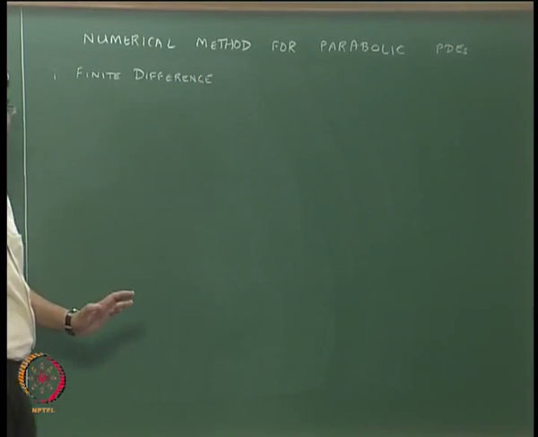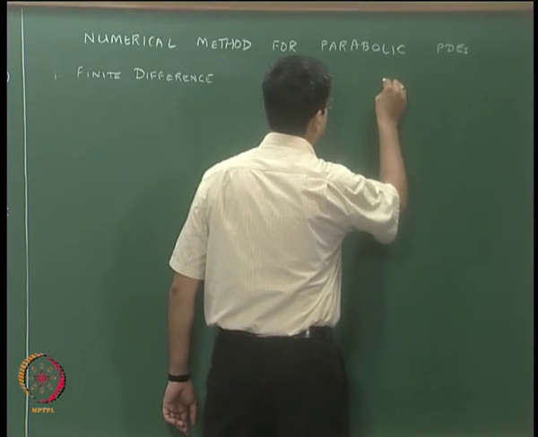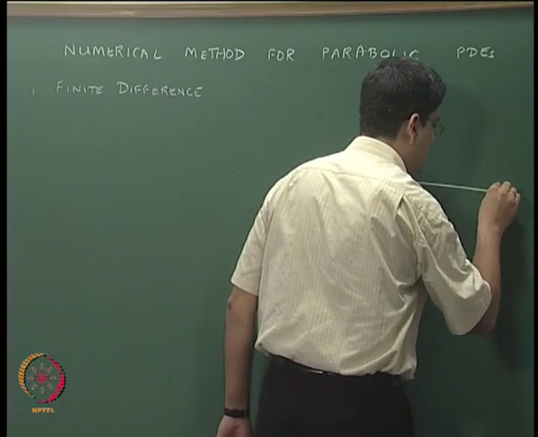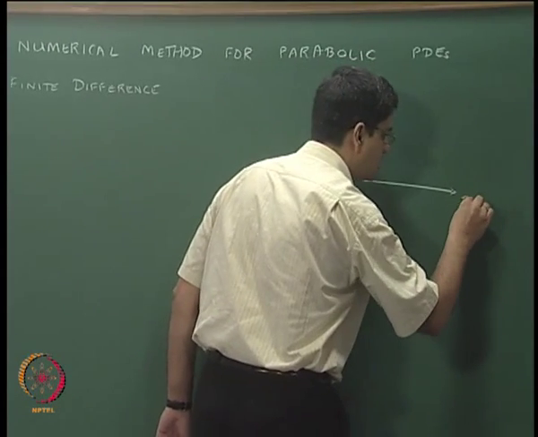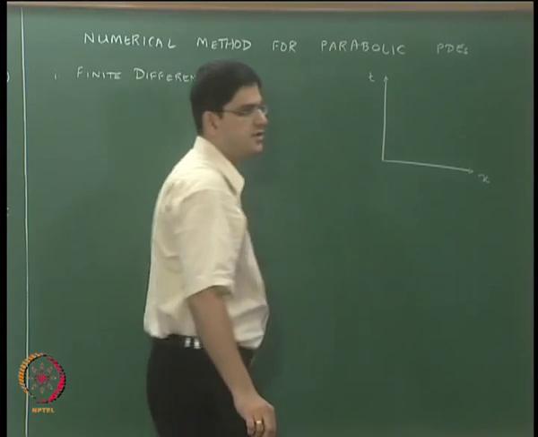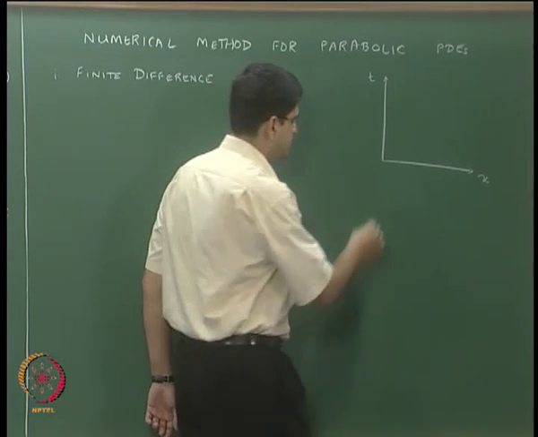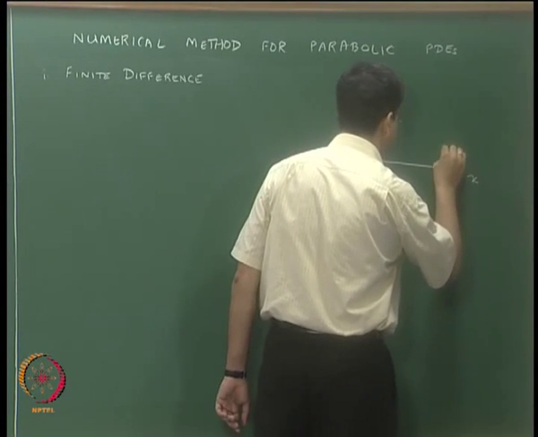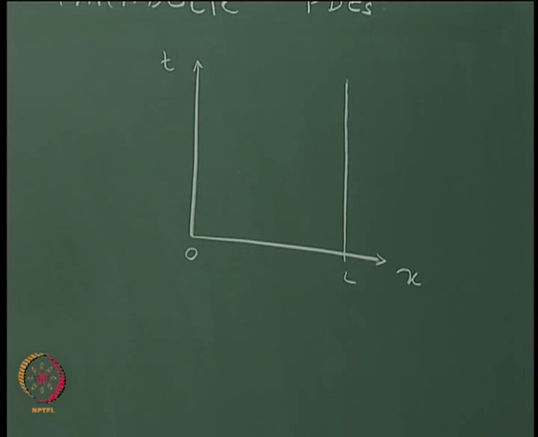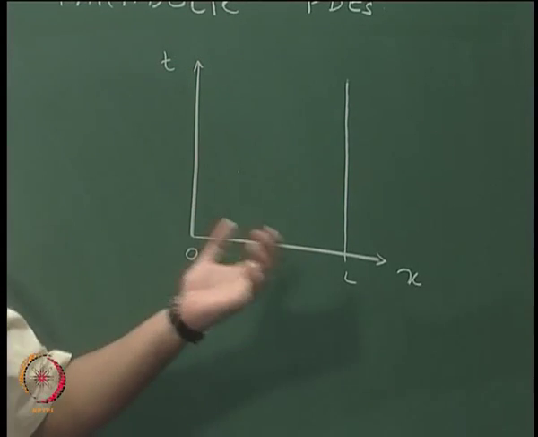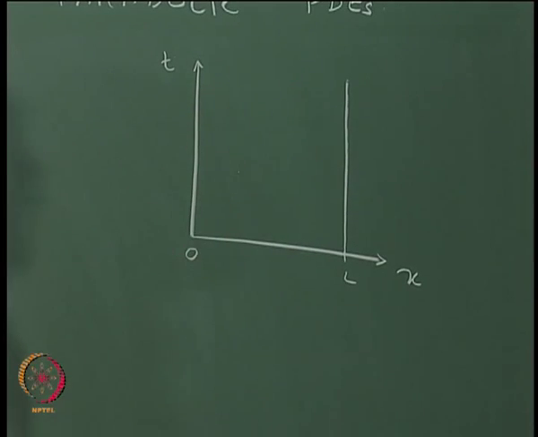Okay. So what we have is that the temperature in this rod is going to evolve with both time and space. So let us put the spatial direction on the x axis and the time direction on the y axis, and the spatial direction is limited from 0 to length L. Okay. And this is the overall domain in which the temperature T is going to evolve in time.